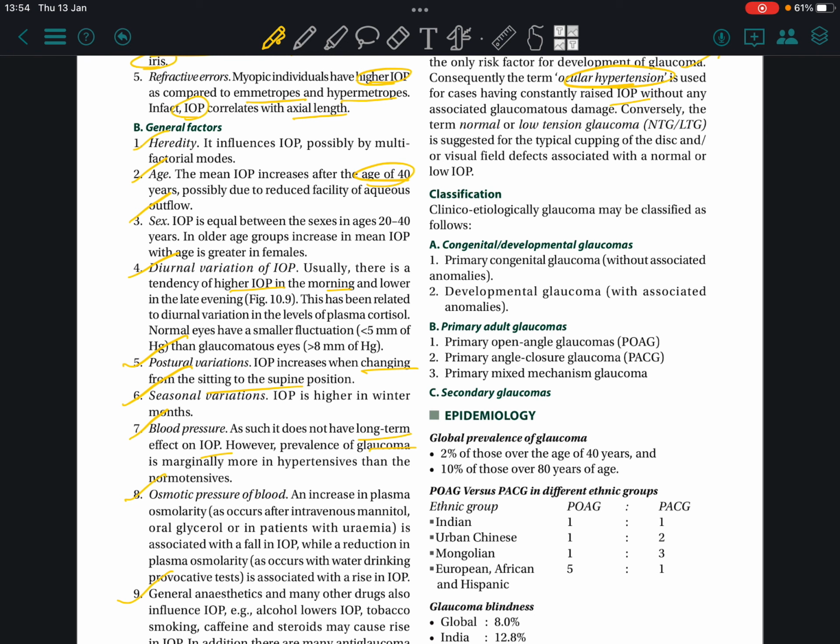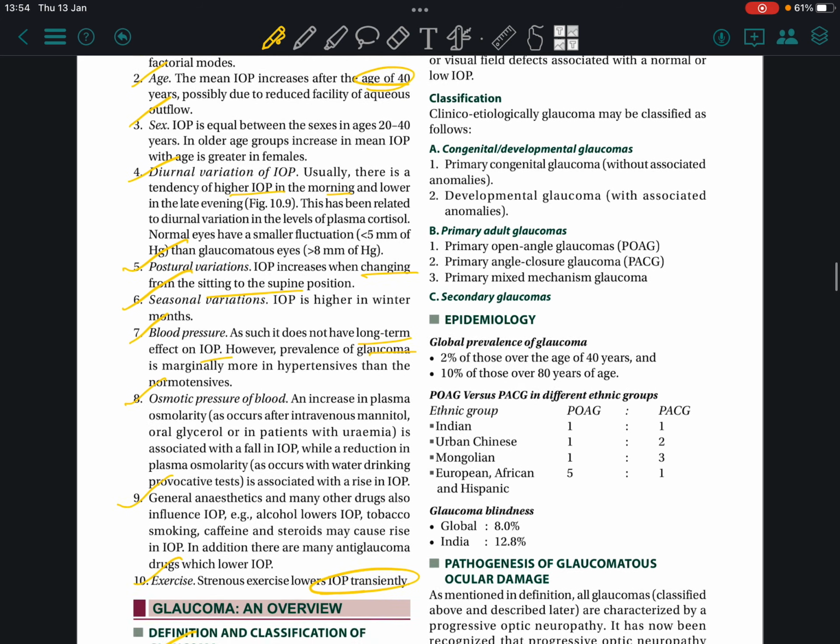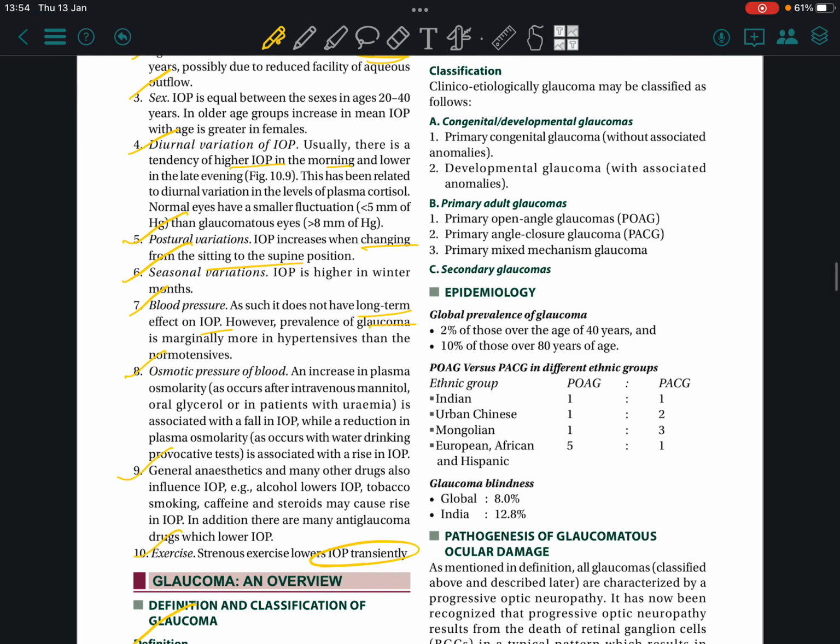Conversely, the term normal or low tension glaucoma is suggested for typical cupping of disc and visual field defects associated with low IOP. Classification: clinical etiologic glaucoma may be classified by A. Congenital developmental glaucoma,